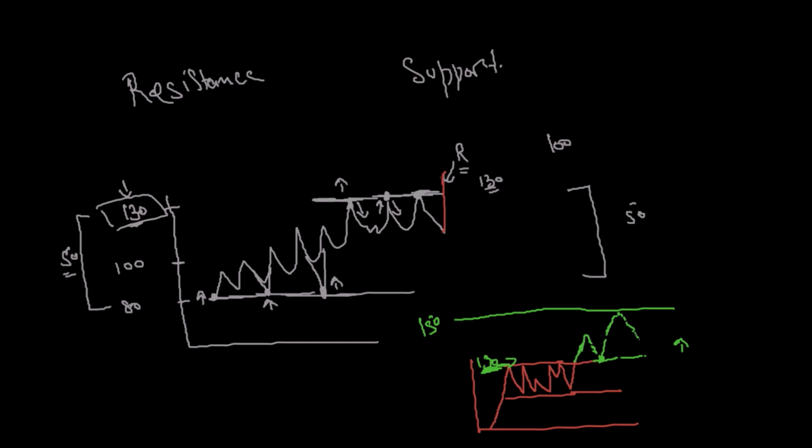When it has to come down, it should ideally not break 130, and it again starts to trade in this pattern until there is information or any such happening where this again breaks. If it breaks from here, it will become the support, and the next thing will be the resistance. But if it breaks from here, if it goes down, this 130 would again start to become its resistance. So again,